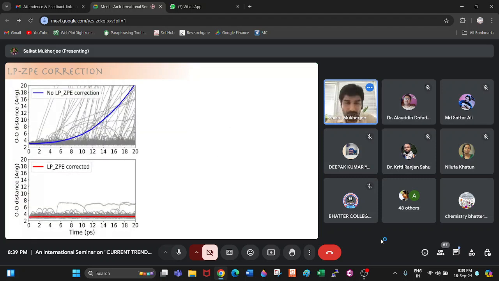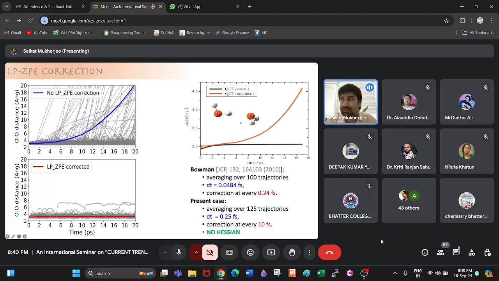Okay. So I applied this method in the water dimer. This is the water dimer case. If you do not do anything, as you can see in this left side plot, you are seeing the oxygen distance. All the oxygen distances are exploding if you do not do anything, and your cluster is exploding, because the